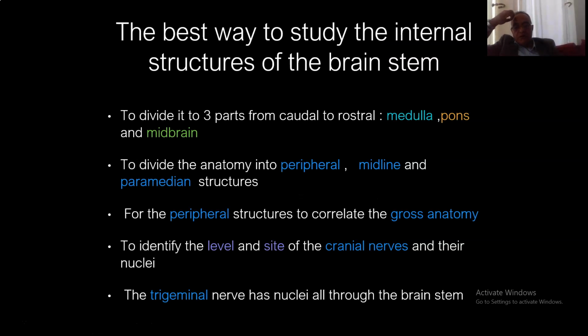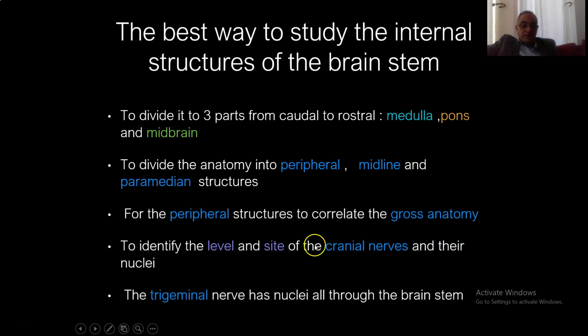Internal structures of the brain. The best way to study the internal structures of the brainstem is to divide the brainstem from caudal to rostral into medulla, pons, and midbrain, and to further subdivide the anatomy into peripheral, midline, and paramedian structures, and to correlate the peripheral structures with the gross anatomy we just studied, as I'll show you, then to identify